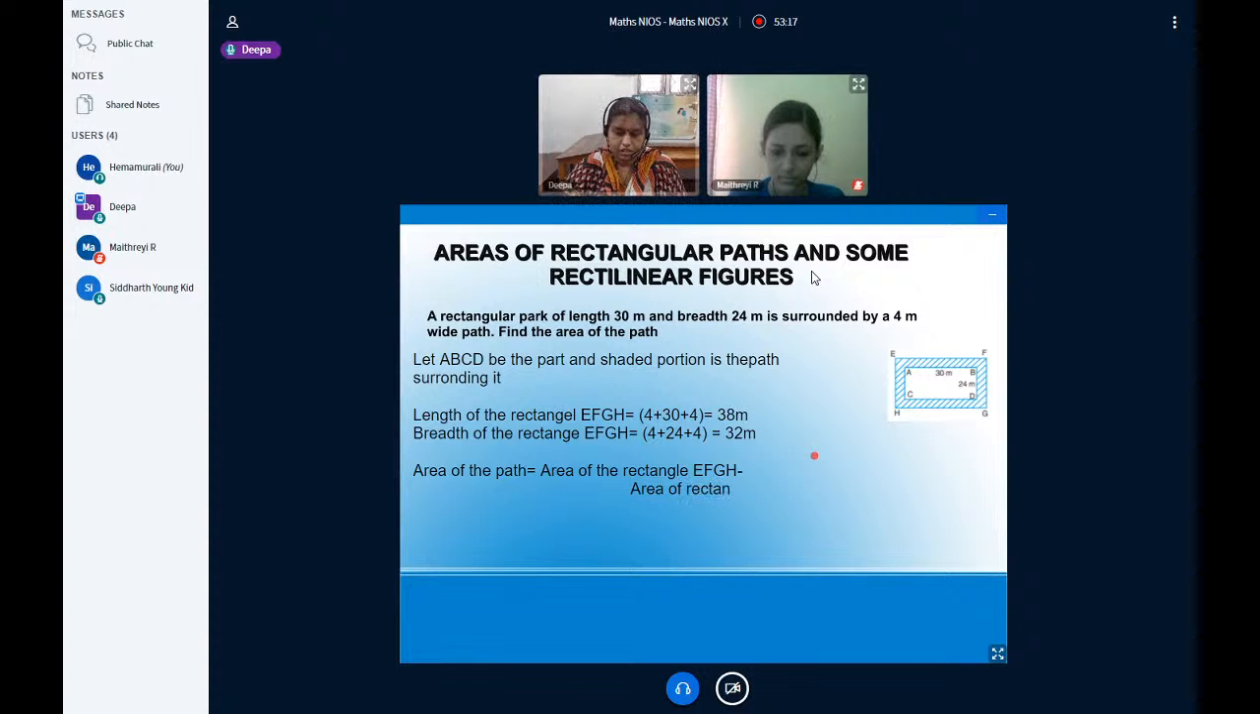Area of rectangle ABCD. That is the inner rectangle. The path area is the outer rectangle minus the inner rectangle. So what is the area of the rectangle